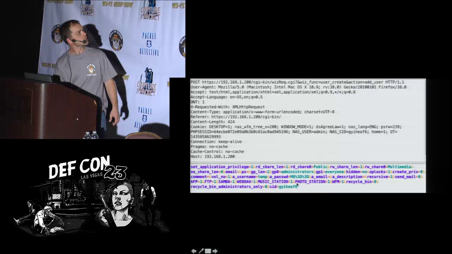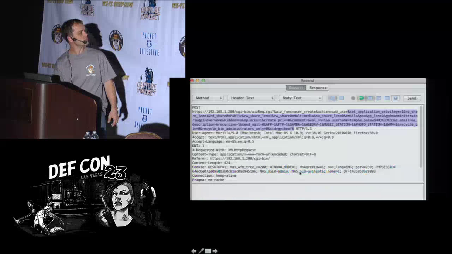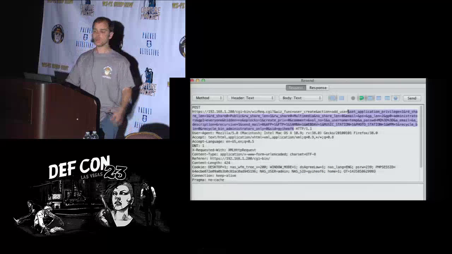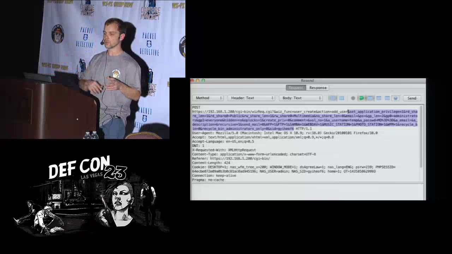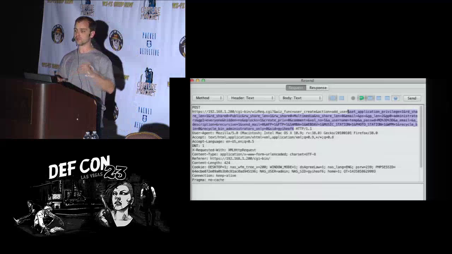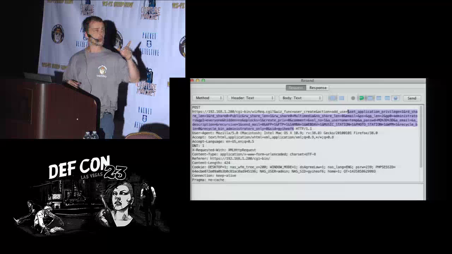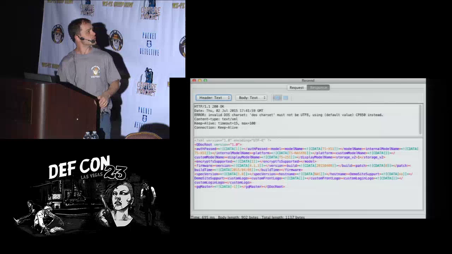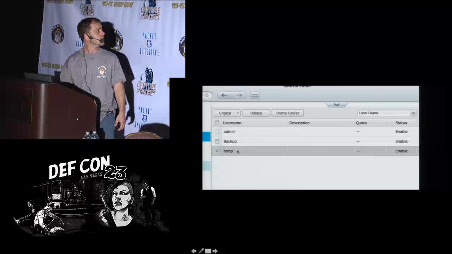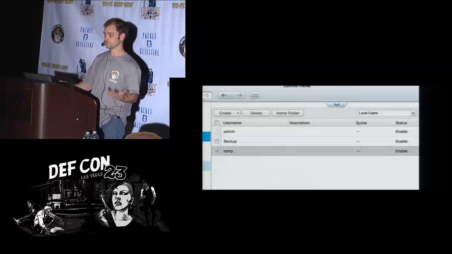It's a create action. We're going to add a user, and right there the username is temp, and they have the administrator password. But if I'm going to be injecting this, it's a lot easier if I don't have to deal with post data. So I found that if I cut that post data out and I just added onto the URL that was being sent as URL parameters, it took it just fine. And the web server had no problem with it. I got a C data here off past 1, and I go into the system and I see a temp.